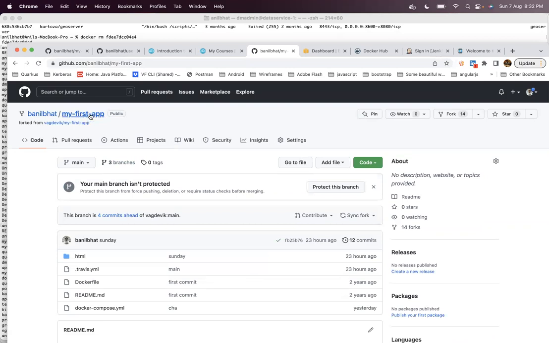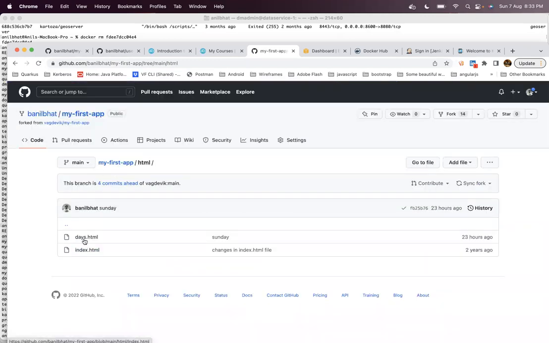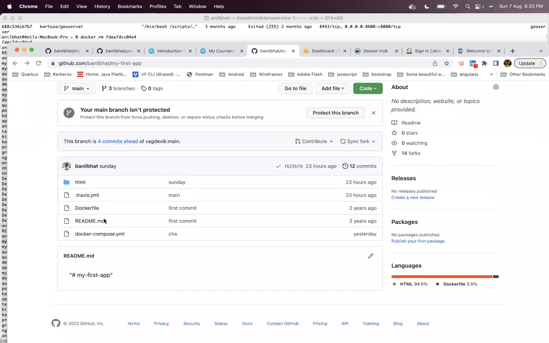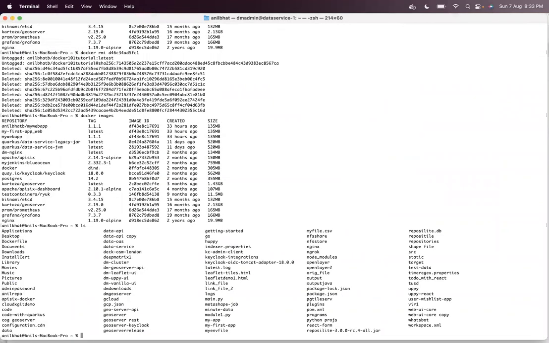Now this is my first repository, and it contains the same code. It contains HTML code, days.html and index.html. We are going to clone this repository now. Let's make sure that we don't have that repository here.